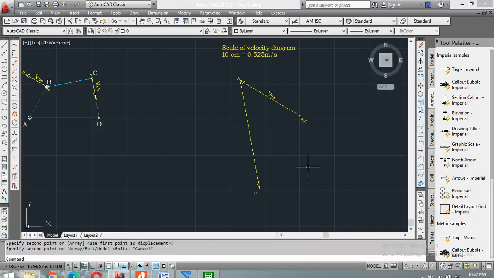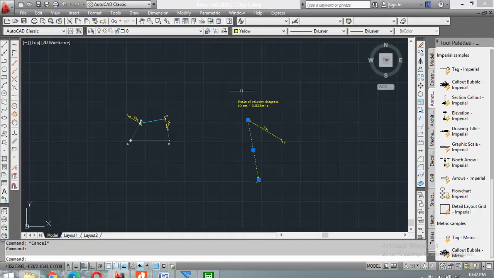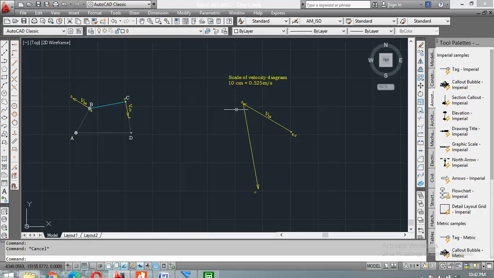Okay, so we can say that we don't know what the length is, so C point must fall anywhere on this line. अरे भाई, इसका लेंथ 5 mm भी हो सकता है, 10 mm भी हो सकता है, 20 mm भी हो सकता है. ओके, जितना भी मिलेगा उसके एंड में हमें सी पॉइंट रखना है. So in short we can say that C point can fall anywhere on this line. ये लाइन पर कहीं पर भी हो सकता है, even इसके आगे भी हो सकता है एक्सटेंशन पर. Okay, so C point can be anywhere on this line.